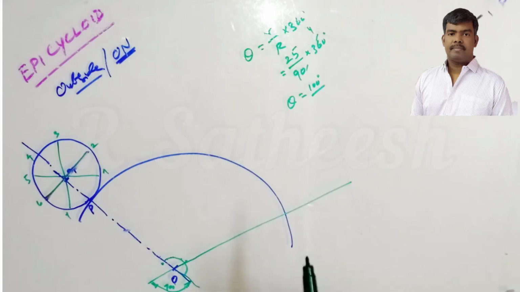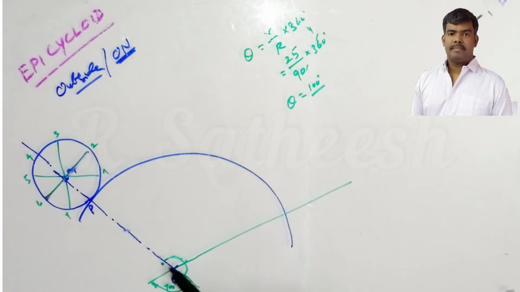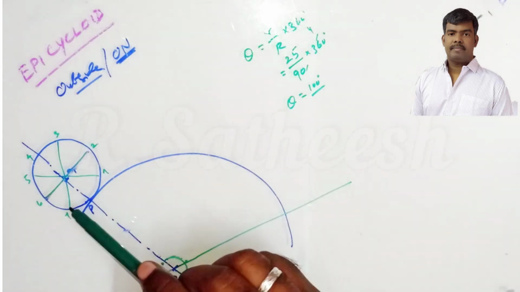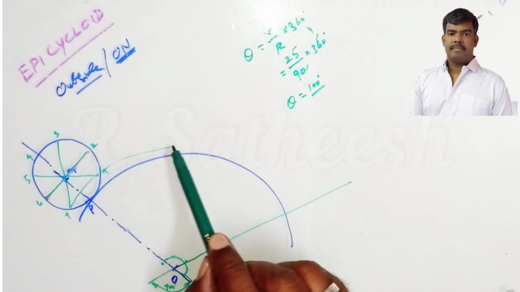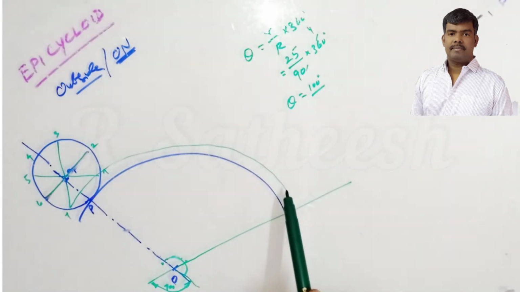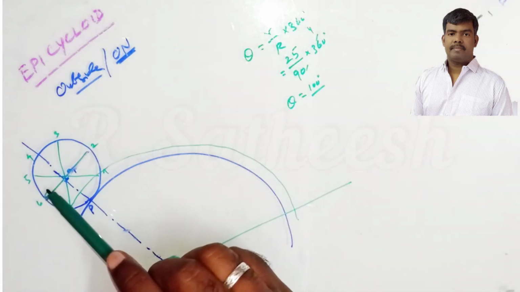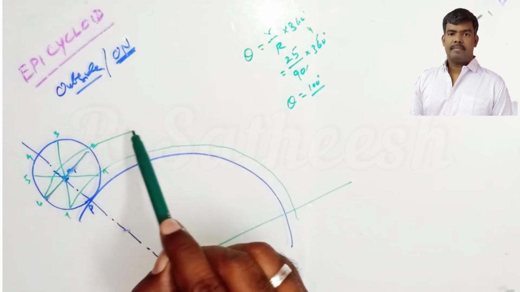Clear? Then now take the compass with O as the center. O to P, already one curve is there initially. Now with O to 7 as the radius, you draw one arc. That arc definitely passes through number 1. You draw the arc concentric. Then with O to 6 as the radius, you draw one arc. That arc definitely passes through number 2.